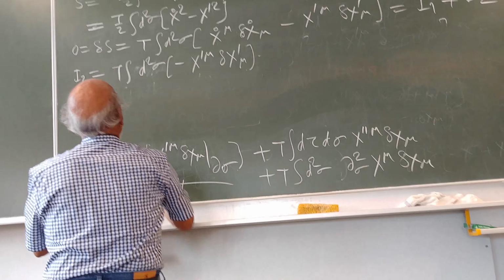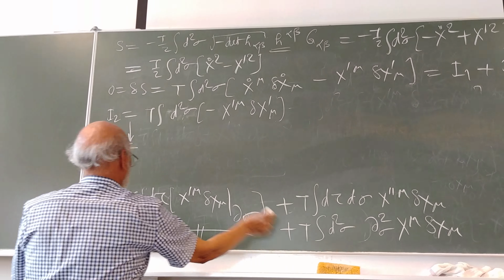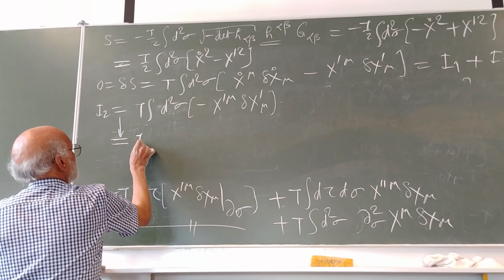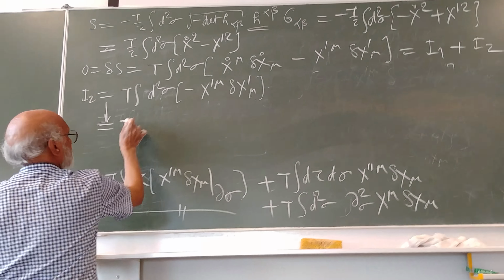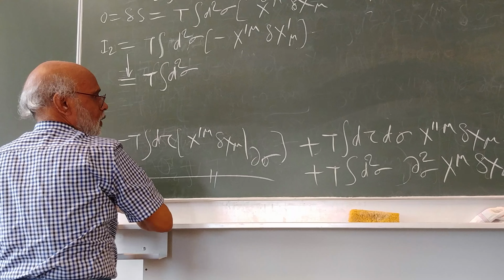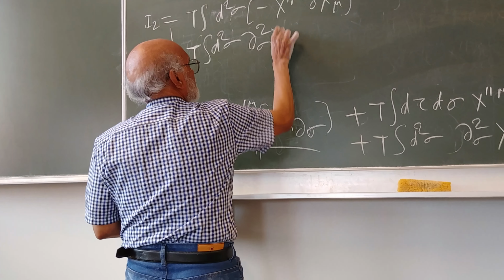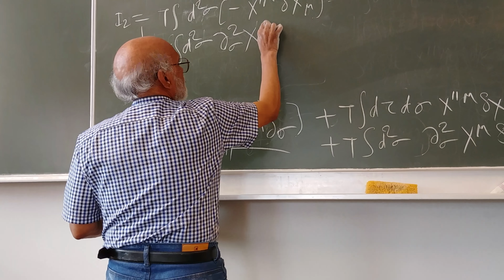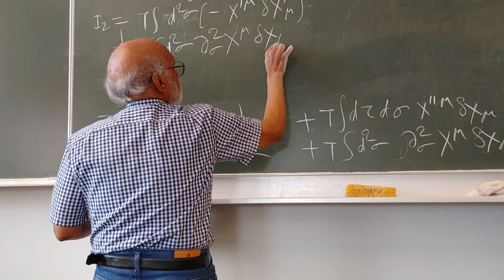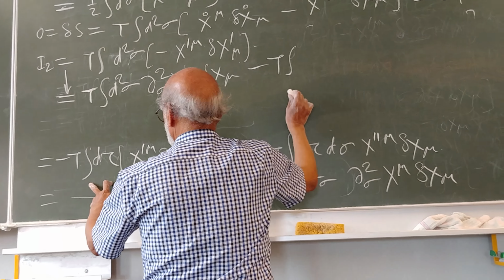So what I have here is one term, which is T times del 2 sigma, del sigma square, F mu delta x mu, and another term, minus T